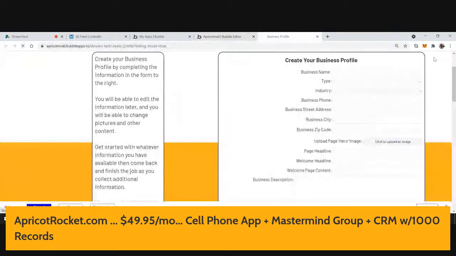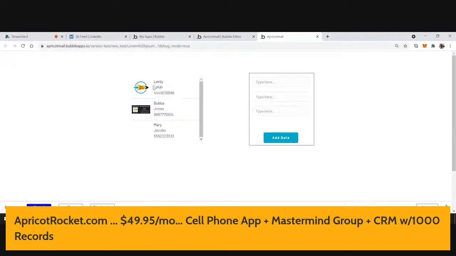So if I go ahead and click preview, now this is going to come up. And so we've got three different things here. There's no scrolling because it's just got three data fields. So I'm going to go ahead and say, this is Wednesday demo. And what am I putting in? A first name, a last name, and maybe a phone number. 888-999-7777. So I put in a phone number, and bada bing, bada boom, there it shows up over here. So Wednesday demo and a phone number.